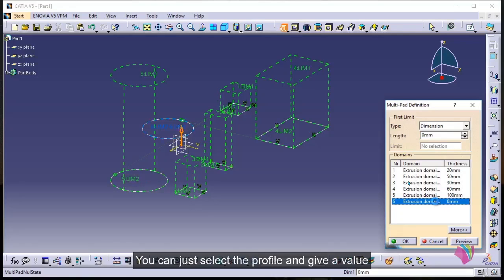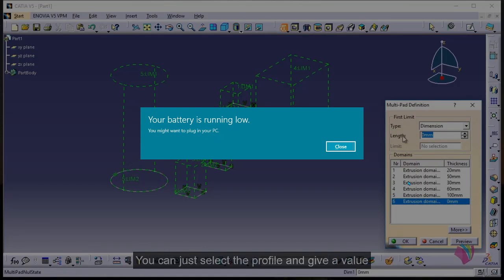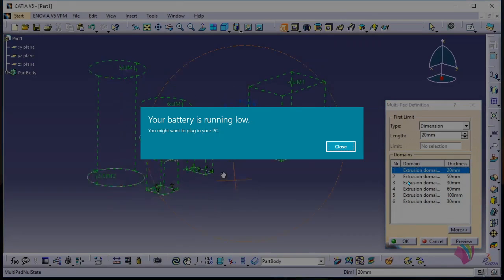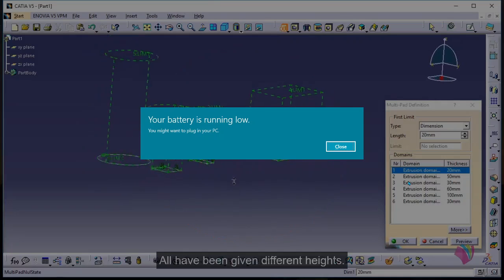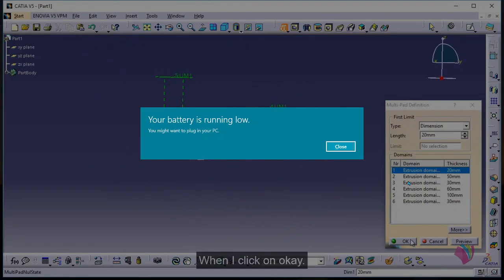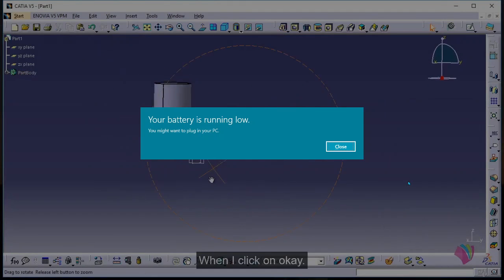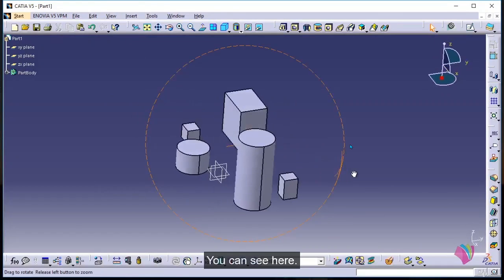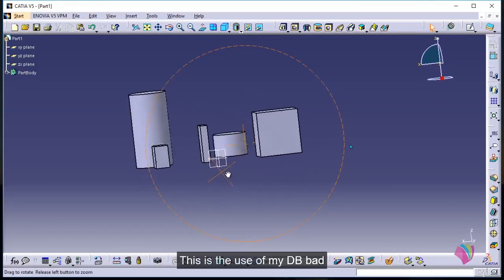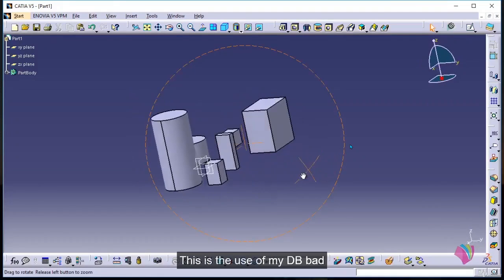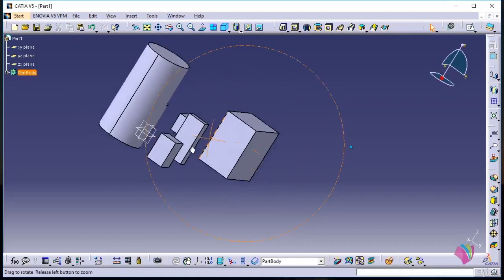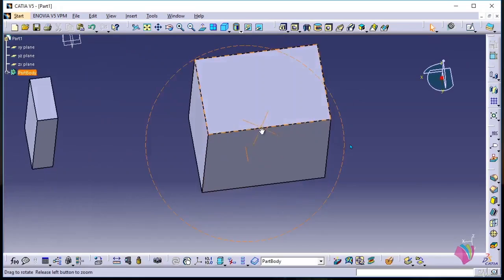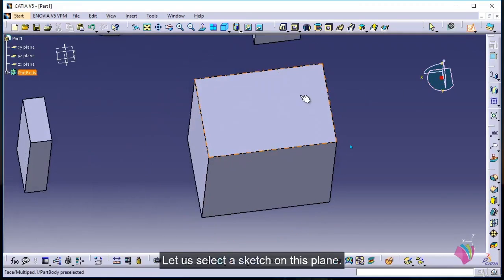You can just select the profile and give a value. You can see all have been given different heights. When I click on OK, you can see here. Let's go to sketch. This will create some profile. Here, here. I'll create this. Here is here. If you want, when you click on OK, pad, same heights. I'll use the Ctrl plus Z key. We can use